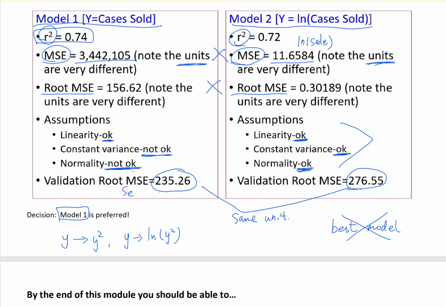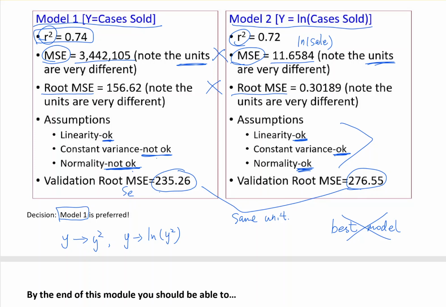You can try any transformation, and you can always find a better model than the one you have right now in hand. So even when you make the decision, you can choose the one you think is better. Good. But you should have the reason with it. You should at least have the comparison among all the models you have, and then say, okay, I will